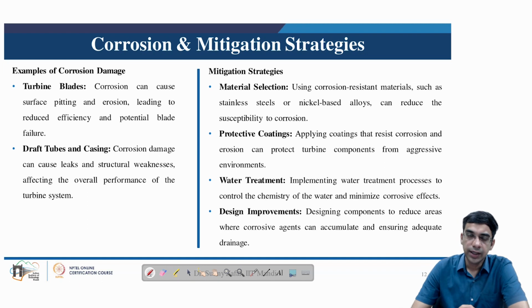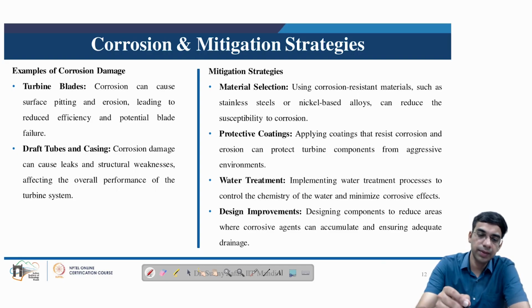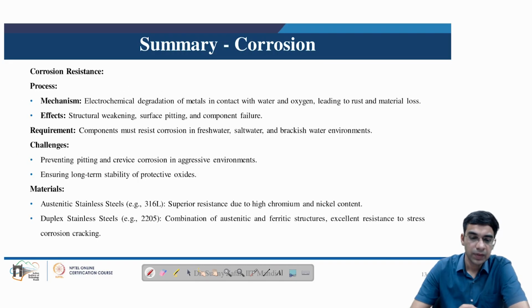In this regard, steels with a minimum chromium concentration of 12% are desired in hydroturbine components because the presence of chromium leads to the formation of a passive oxide layer on the surface, which prevents any form of corrosion while the hydroturbine is under operation. So if we can summarize the corrosion challenge in the hydroturbine, the process includes the mechanism of